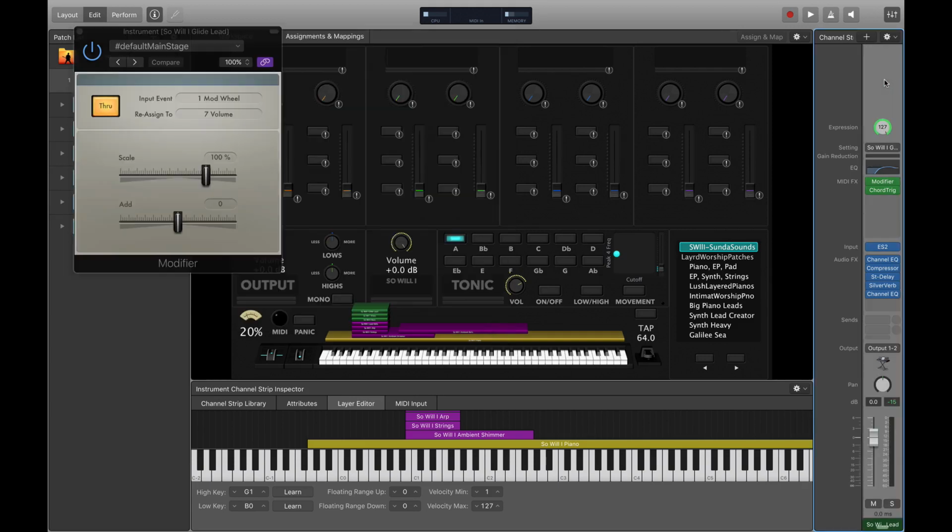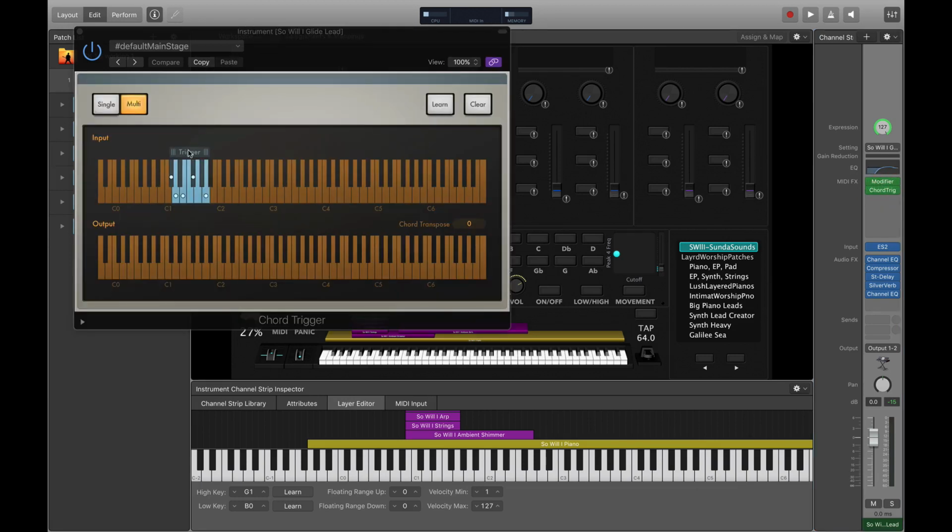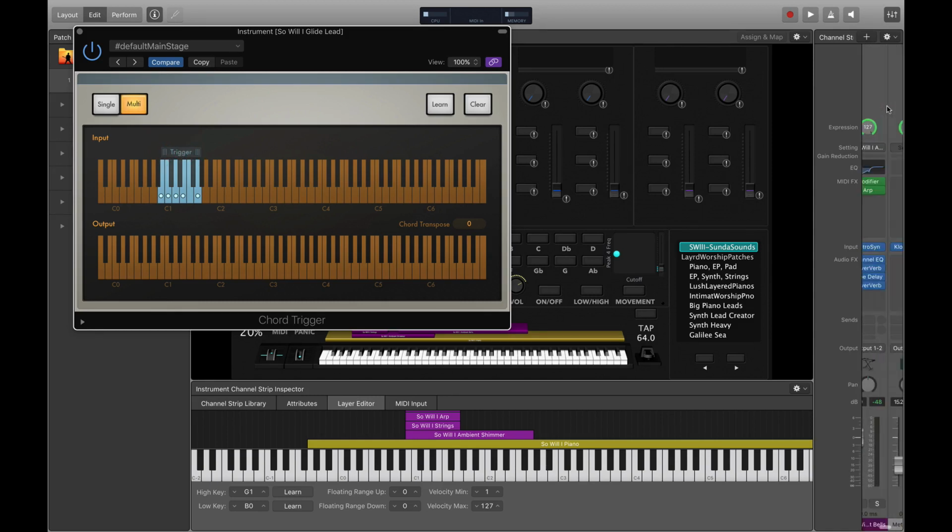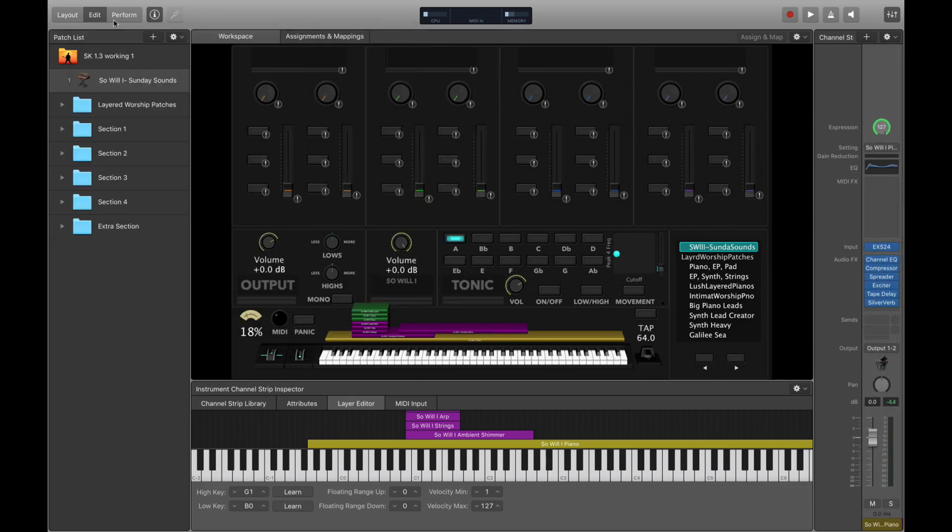I'm going to go to my next one. You can see it opened up the MIDI modifier here instead of chord trigger. So I'm just going to click on chord trigger, drag it down that whole step, go to my next channel strip, and it doesn't have the modifier. And that's it. So we've now addressed every single layer we moved down 2 half steps because we're going from